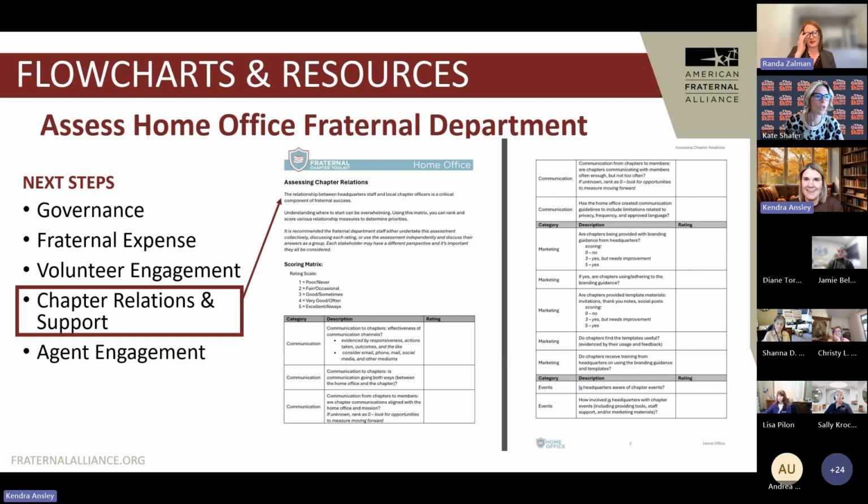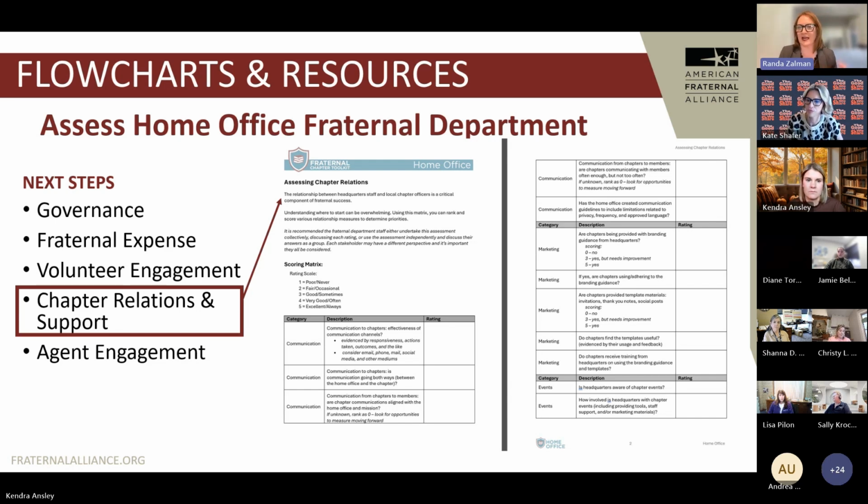Sorry about that. Yeah. The next resource, or part of that toolkit that we have, is really to understand chapter relations and support. Part of that document, or at least one of the documents in that particular section, is assessing chapter relations. What this is helpful to understand is that there's really no special training required. It helps give everyone a voice, and it gives you an evaluation of where you're at. It also gives you a deeper understanding of several key categories in terms of understanding your chapter's health.